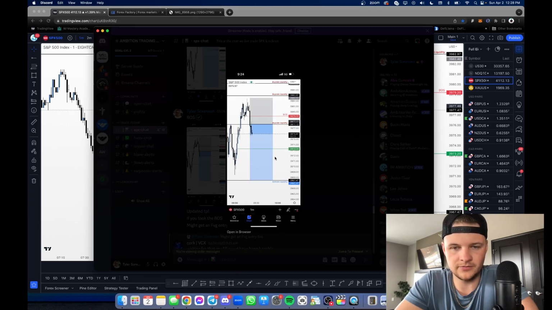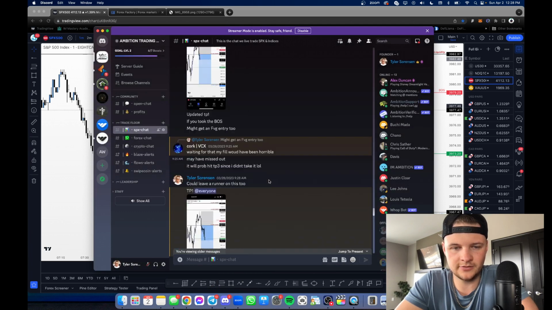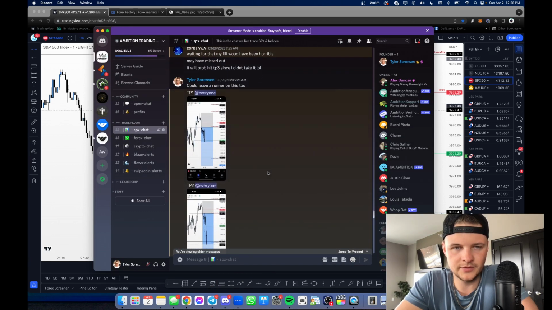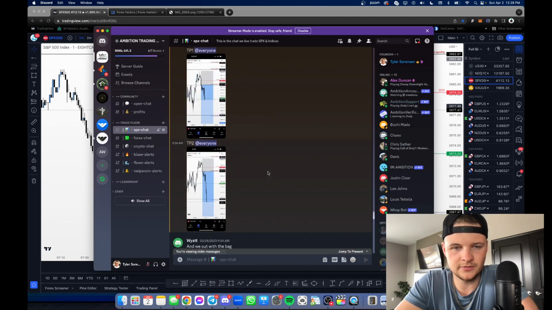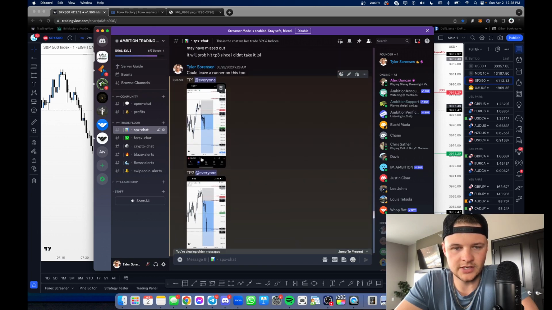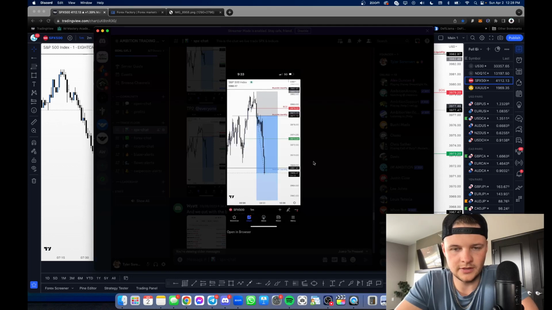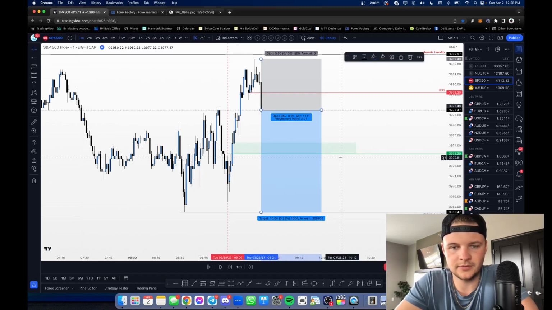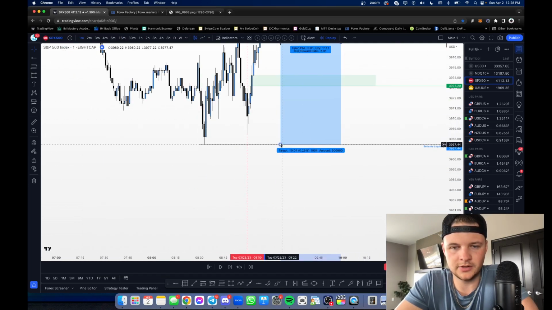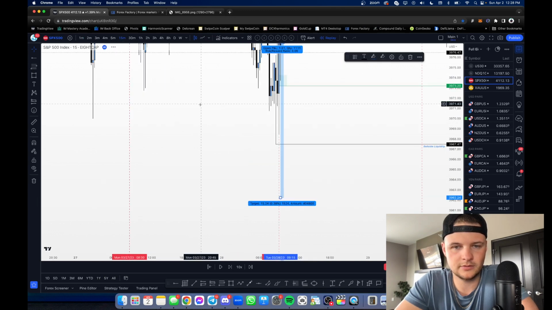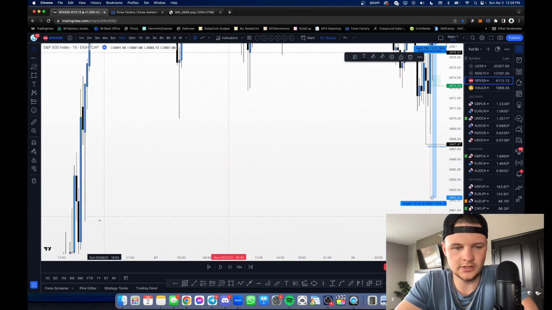But just sending this out, this is where we started off. And then I sent other TPs from this level, right? So I said TP1 was hit, TP2 was hit, and basically that people could leave a runner if they would like to. So I believe, let's see here, targeted this low for TP3 on the 15-minute time frame.